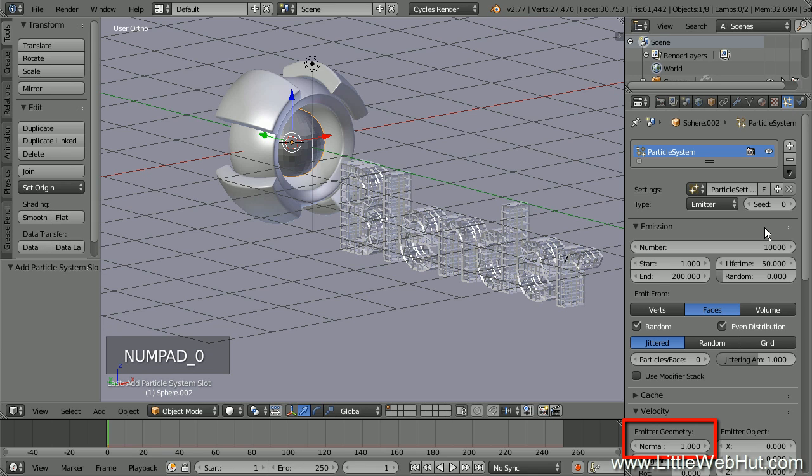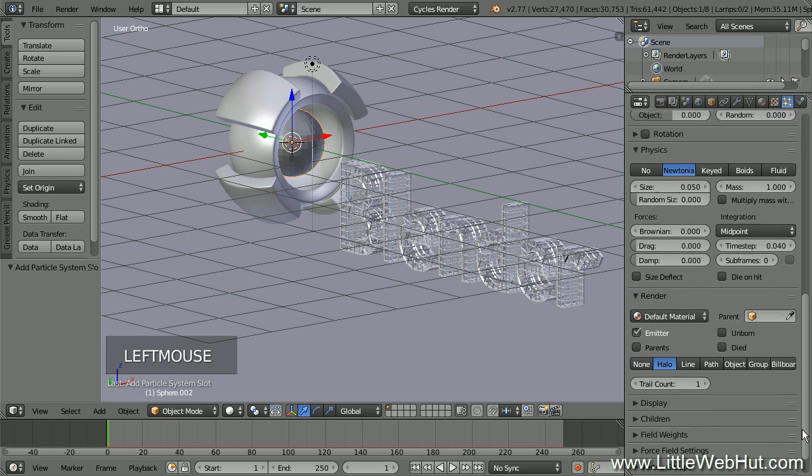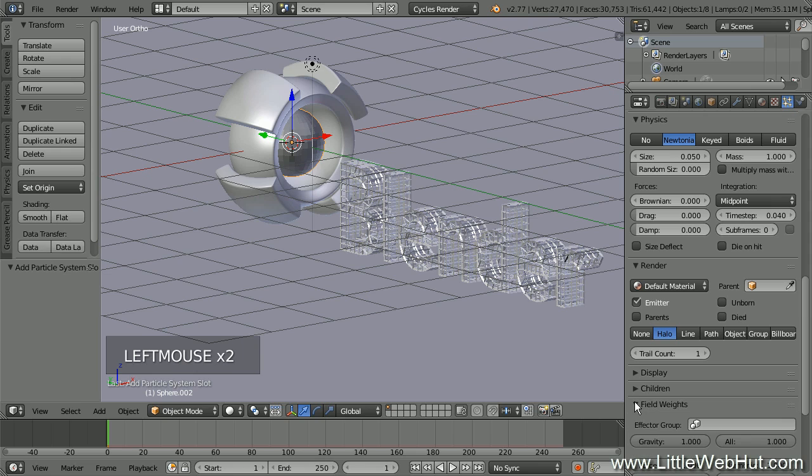The emitter geometry normal value controls the speed at which the particles will be emitted from the sphere. Set this value to 0. If this were set to a higher value, then the particles would move away from the sphere in all directions before moving to the text. Now open the Field Weight section and set the gravity value to 0 so that gravity will not have an